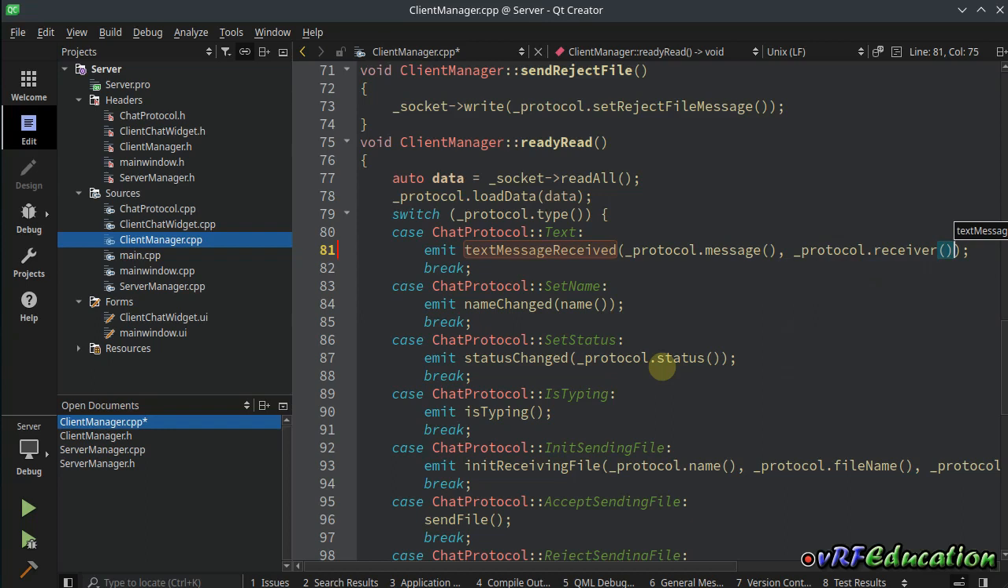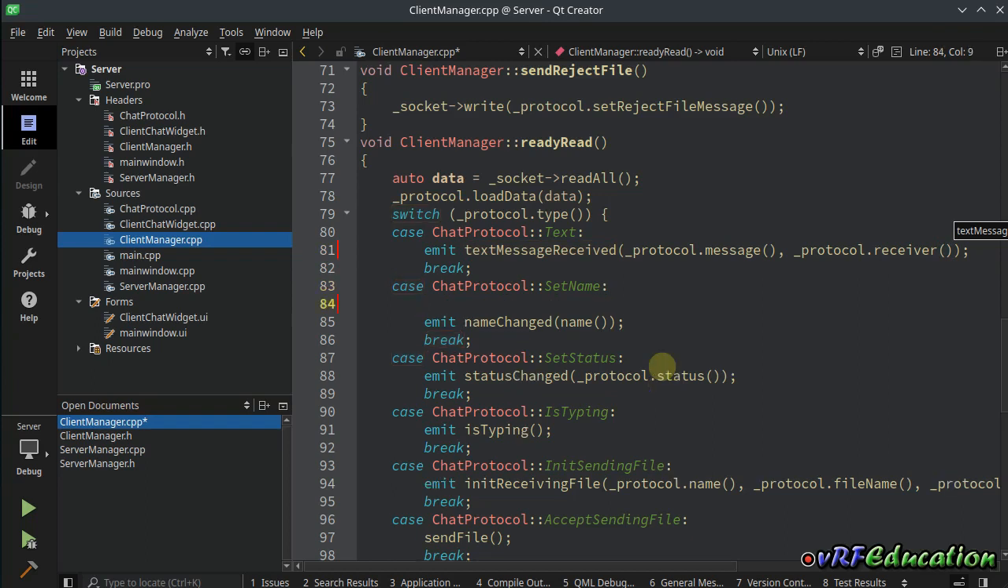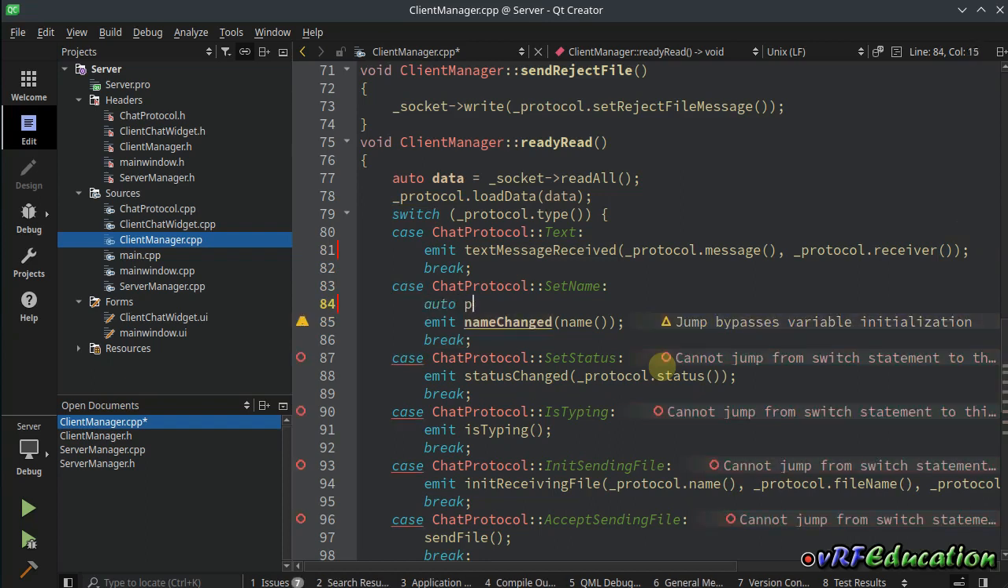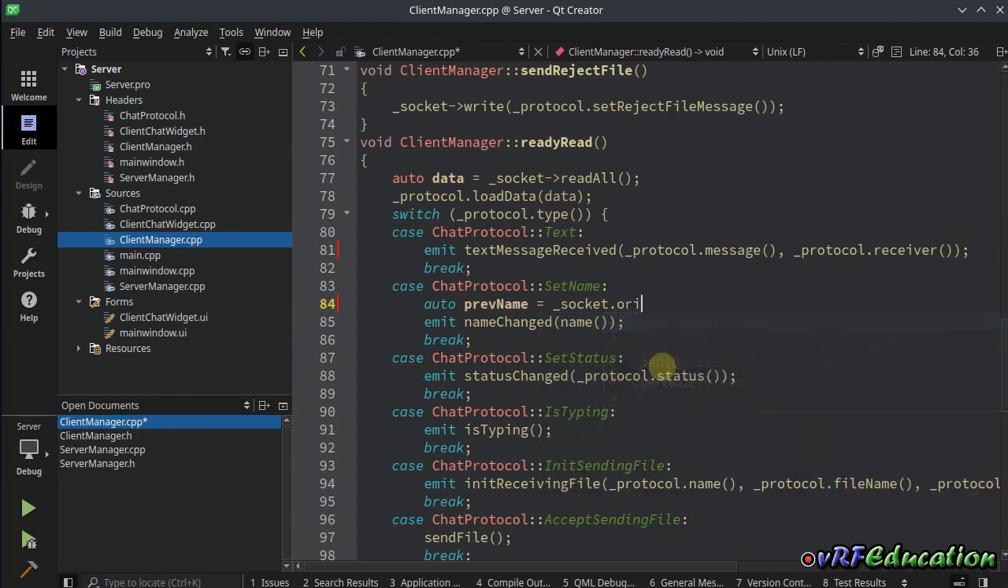And otherwise, we're going to pass it. If it's all or other client names, we're going to emit it to another level. So inside the main window, we're going to connect one signal to our slot inside the ServerManager. And here, I'm going to check for the previous name of the client and then pass it alongside with the name property. So I'm going to say auto prevName, it's equal to socket dot property